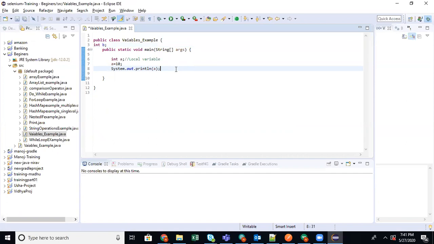When you create an object, if you did not assign any value to this variable, by default it will initialize to its default value. What are the default values? For numbers, zeros will be the default value. For decimals, 0.0. For String, null. This is how it works.